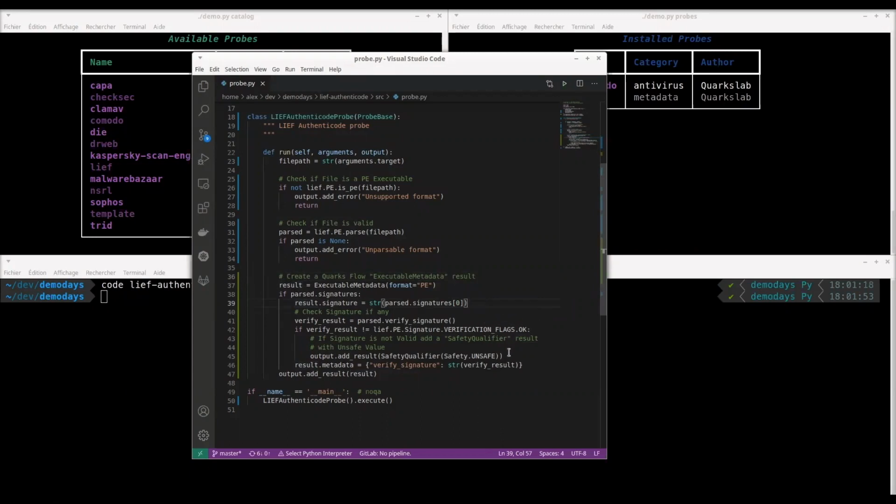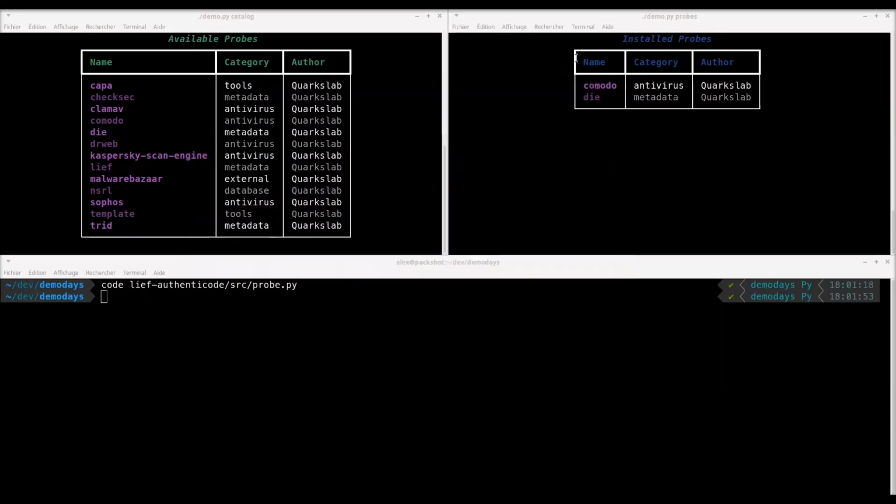If it's not verified, I add a safety qualifier to say it's unsafe. And in both cases, whether it's okay or not, I add the result of the signature in a field verify signature. So the important thing to remember is that I add an unsafe result if the signature is not valid.